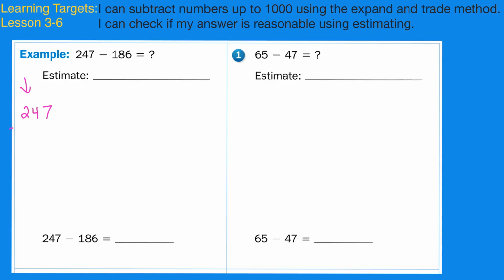247 minus 186. So my first step to stack it is done. What I need to do now is expand each one of these numbers, making sure when I do that the hundreds stay lined up, the tens will stay lined up, and the ones will stay lined up. So now I'm going to expand